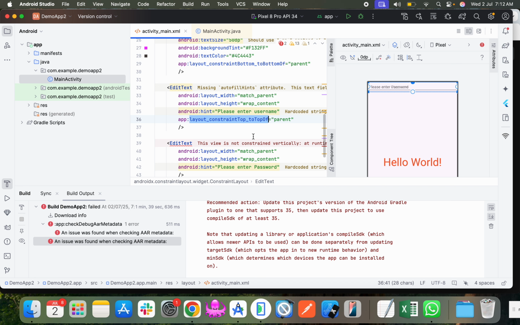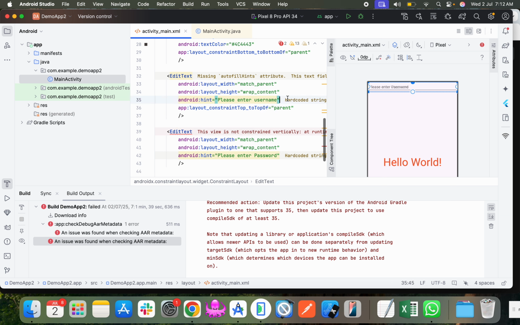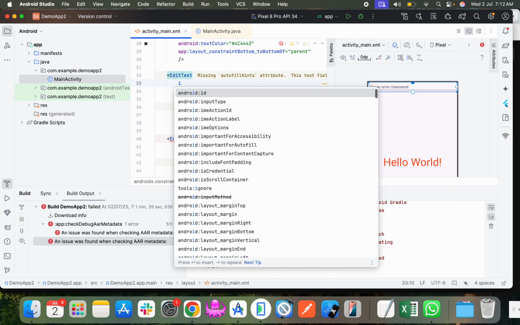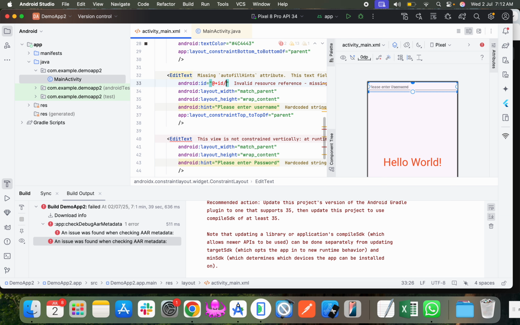Yeah, tell me. Top to the top means if you want to set something on the top. Although its position will be default on the top, you still have to provide a position to it. So we are saying that it will be on the top of the screen, below this one, the username. So we have to provide an id to it. So the id will be like this: